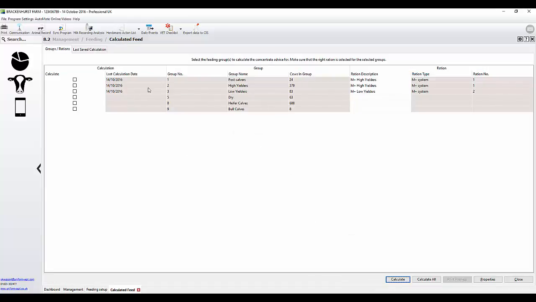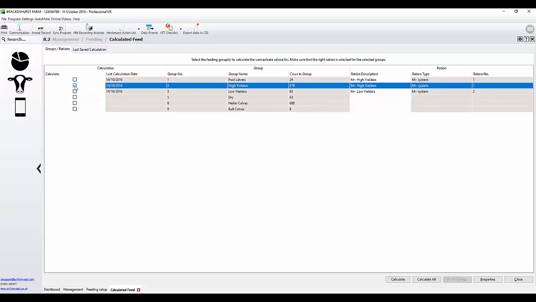So we can see that post calvers are on N plus high yielders. This group here, group number 2, is on the high yielders ration, and then we have a separate N plus table for our low yielders. But if you want to put in a minimum, you can also put in a maximum as well. Just tick the box here for that particular group, go down to calculate,